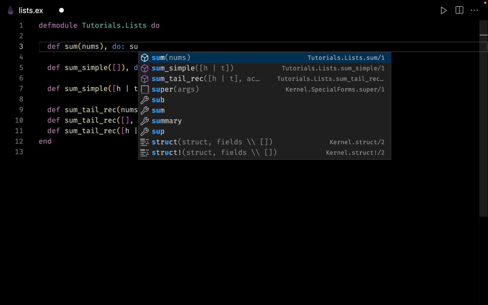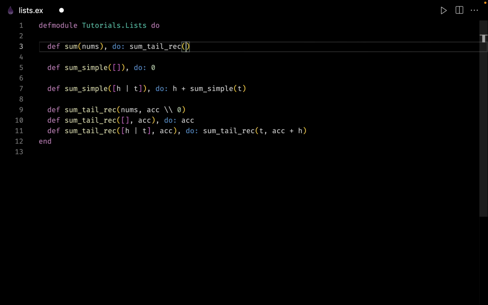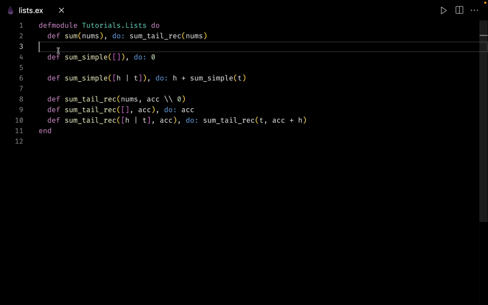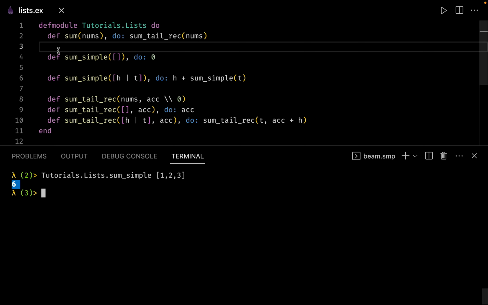So we can say that I want to call my tail recursive version, and let me pass numbers to it. So now we have a much smaller name, and this makes our life much easier. So let us go back to our terminal. Let us recompile